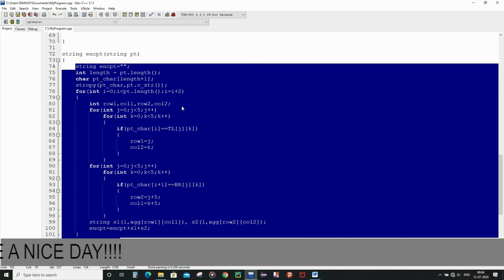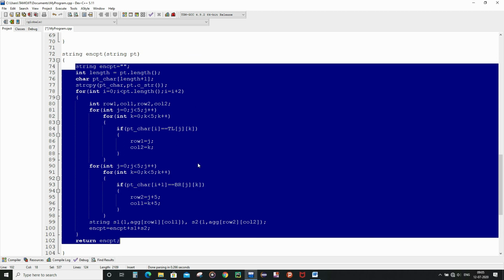For each of the pairs, the first element, we are going to store its row value as well as the column value in the context of the bigger matrix, that is the aggregate matrix, and for the second element we are going to do the same. So for the first element of each pair, the row is going to get stored inside row 1 and the column inside column 2, and for the second element, row inside row 2 and column inside column 1.